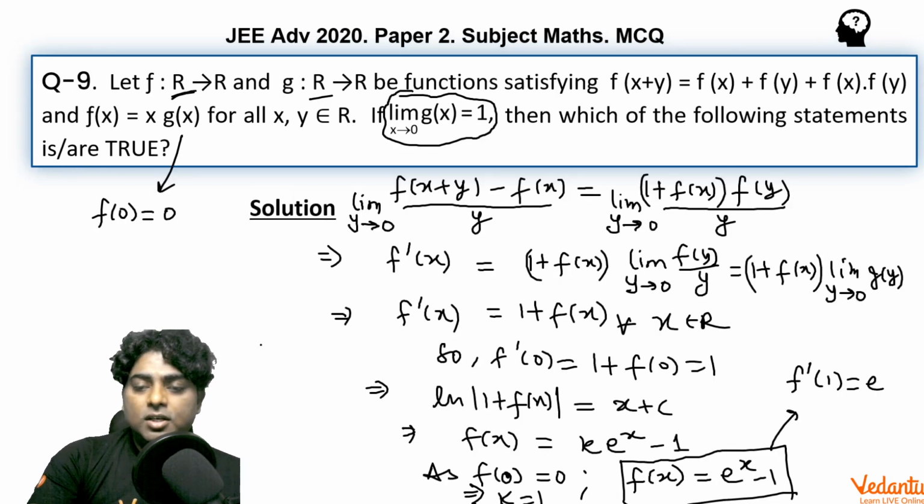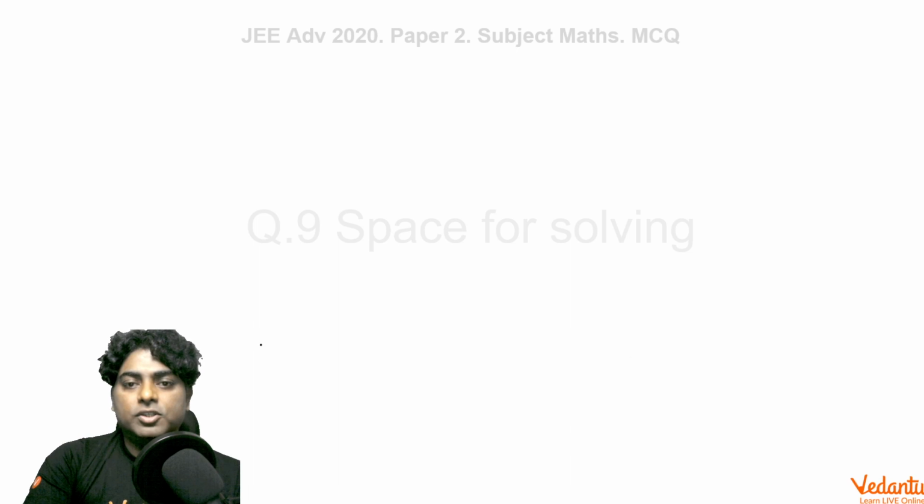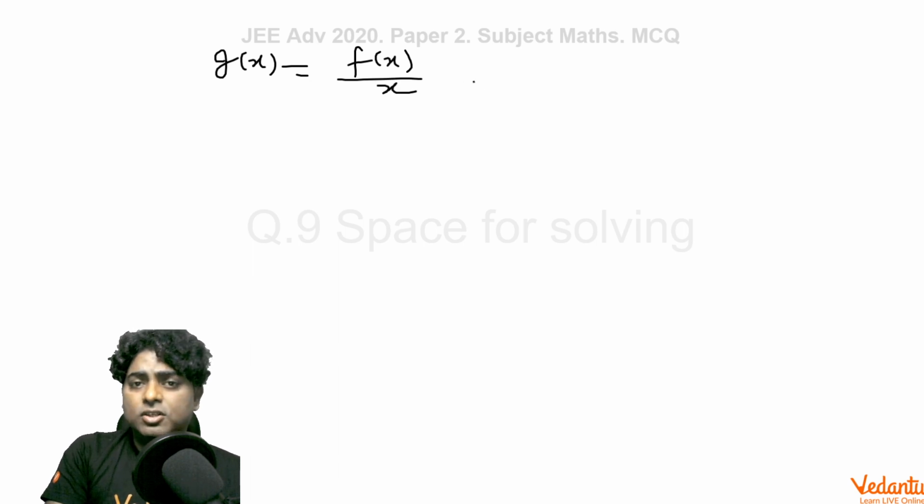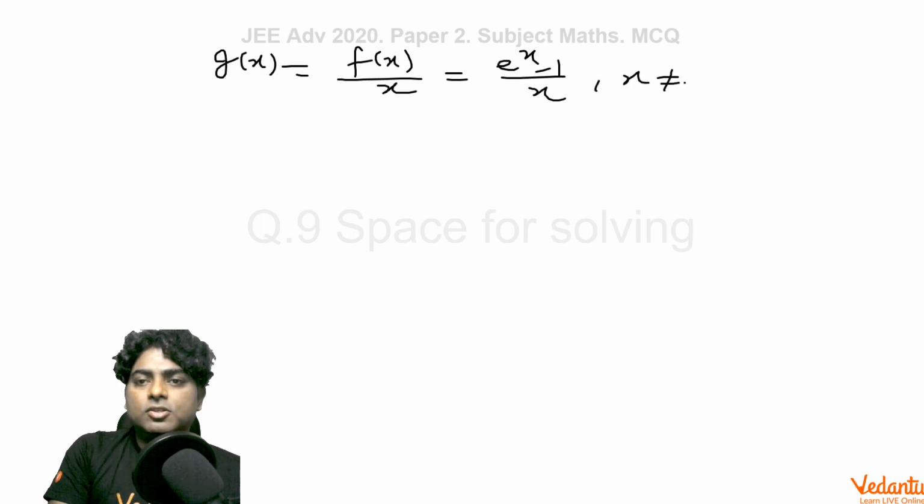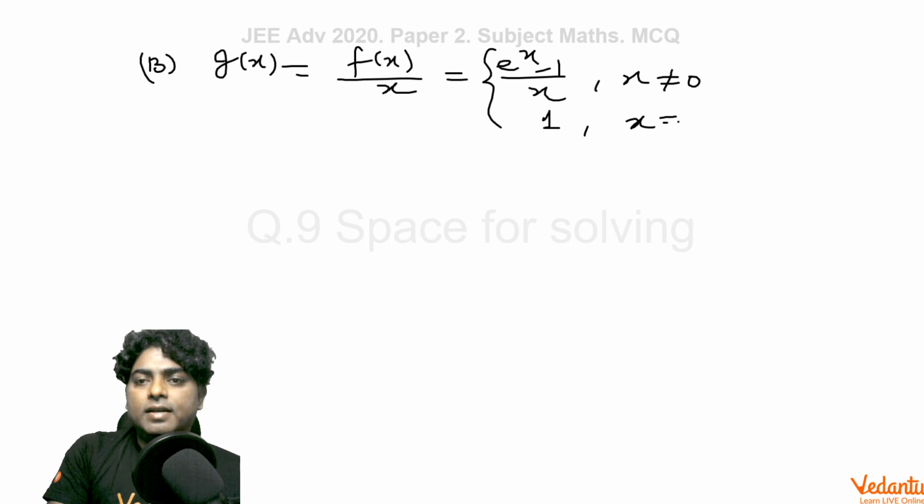Now coming to option B about the g function. g(0) is not given in the original paragraph of the question. For option B only, we can use this information that g(0) is 1, then g is differentiable at every x belongs to R. You need to check. You can say that g(x) is f(x) by x whenever x is not 0, that is obviously e raised to the power x minus 1 by x whenever x is not 0. But in option B, g(0) is given to be 1, so I can write it is 1 when x is 0. Now for the derivative g dash x, from the first principle again,